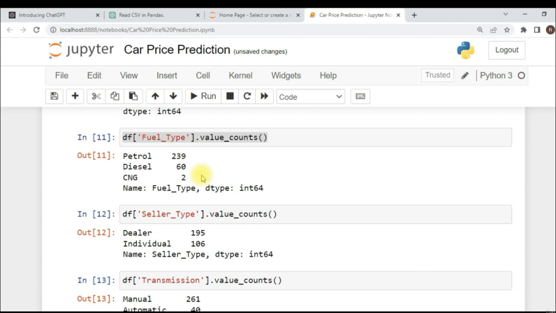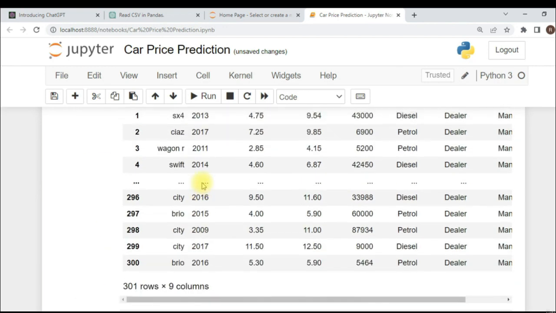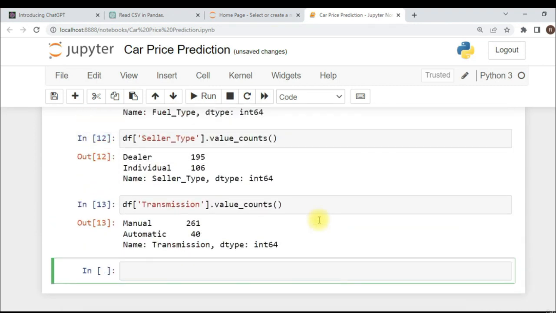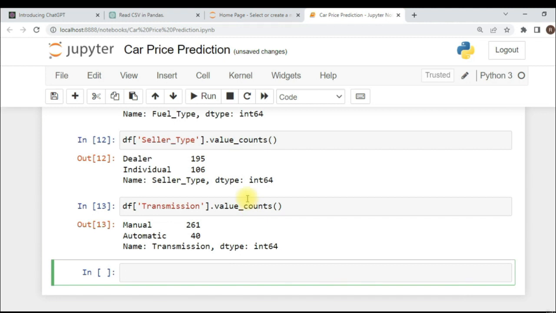So wherever we have entries with petrol, we'll replace them with 0. For diesel, we'll replace it with 1, and for CNG, we'll replace it with 2. So instead of petrol over here, you will see 0. Let me change that, and same thing we'll do for seller type and transmission. By encoding it to numerical values, the machine learning model will be able to understand that. So first of all, I need to use this replace method,